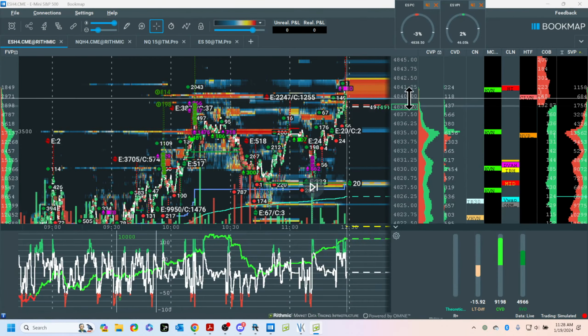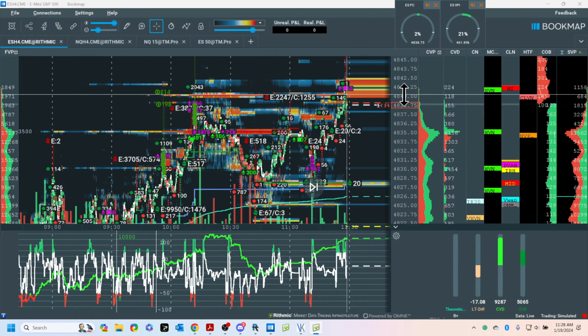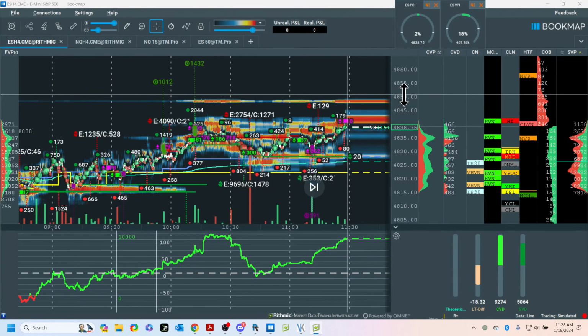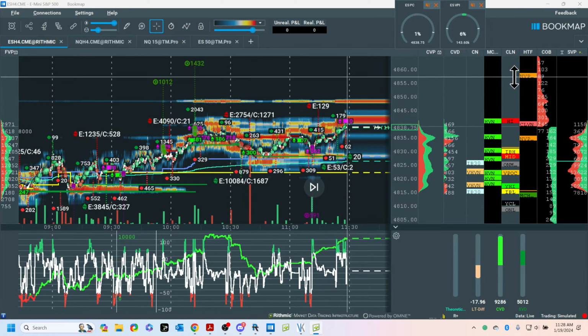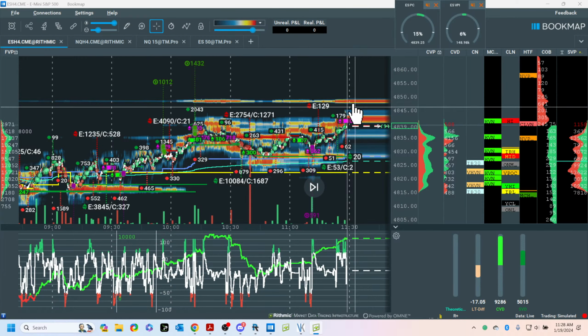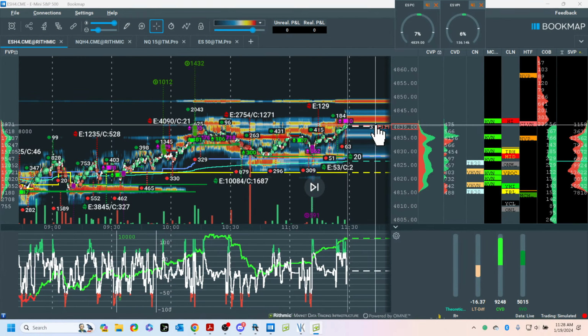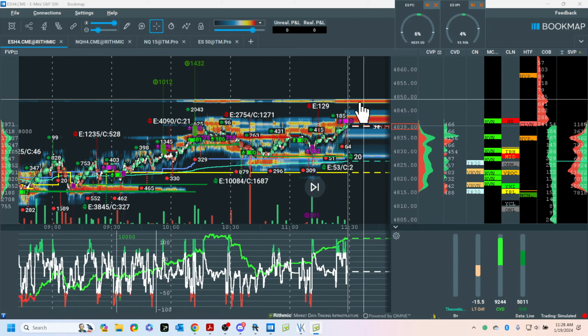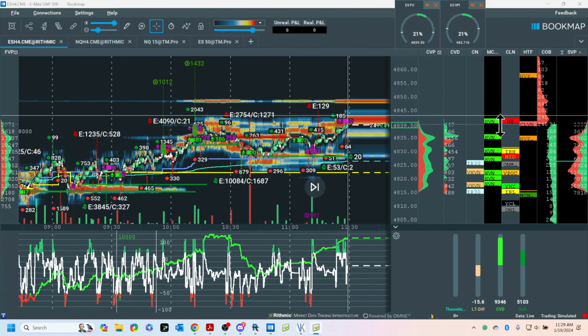So, next target. Let's look above here and see what else there might be. Well, this is an outside target, and we have resting liquidity in the book. At this point, it's sort of on fumes, so it's just manage the trade, manage a runner. And in Trader Lab, it's really up to your trade plan. But once we're outside of these areas, I know the potential. This here is very important.